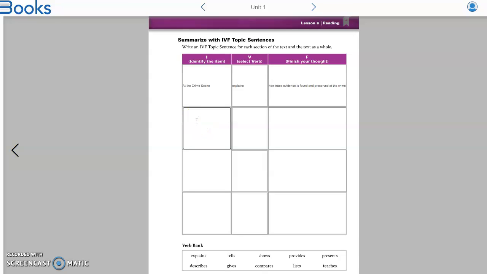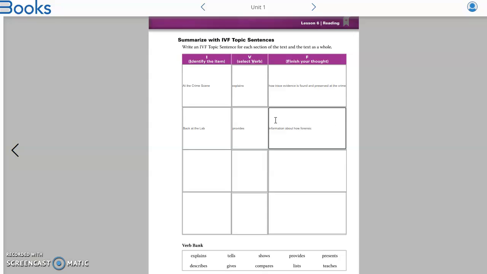Let's focus on the second section, back at the lab. Okay. What do we do first? We identify the item. We write the heading, which we did, and the next step is choose a strong verb. We need to choose a different verb this time, so I'll pick provides. So back at the lab, provides, and we're finishing the thought, information about how